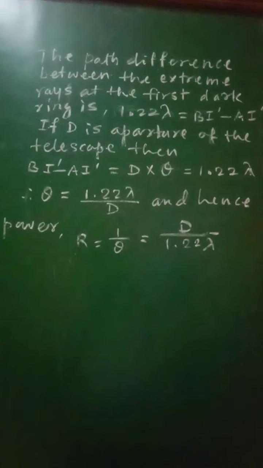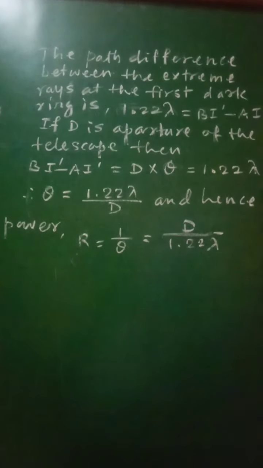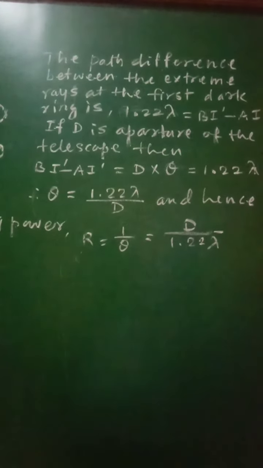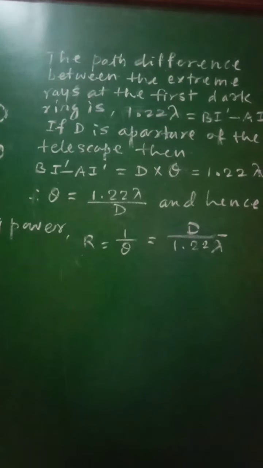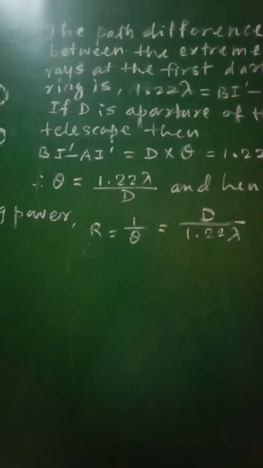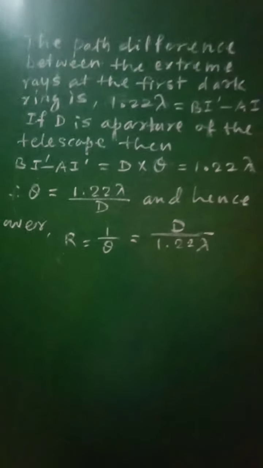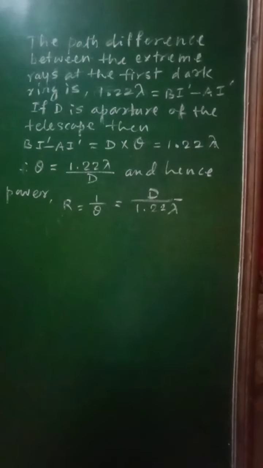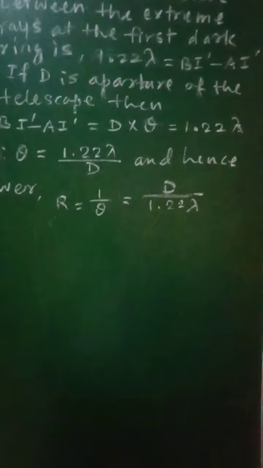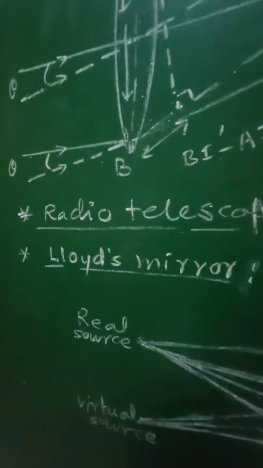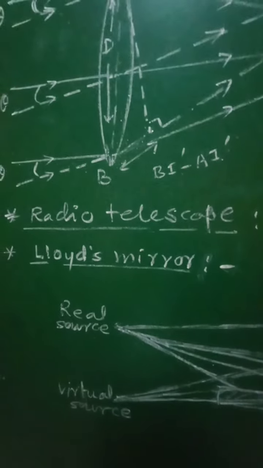But if the value of D is increased too much, that is by using a large lens, it will cause some problems, such as aberration, sagging of the lens under its own weight, as well as it will become a heavy mass for changing the setting of the telescope. Therefore we cannot increase the aperture, that is the diameter of that lens D, beyond a certain limit. Now let us see the next point, that is the radio telescope.